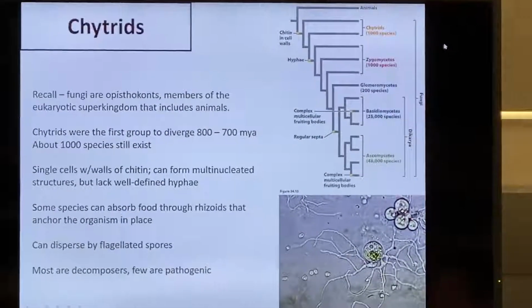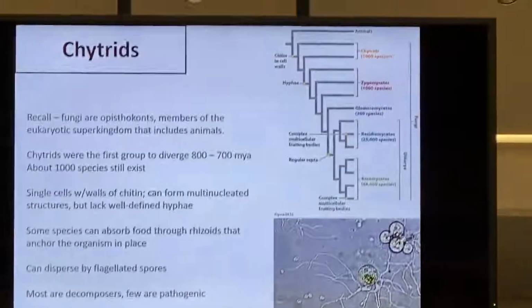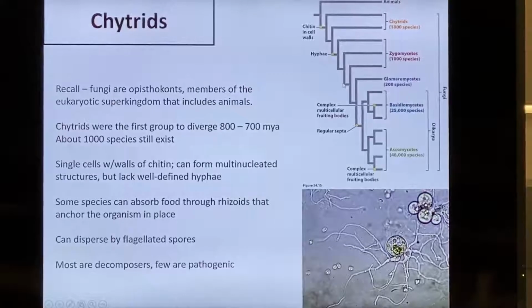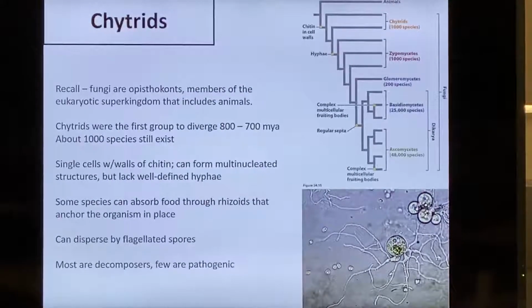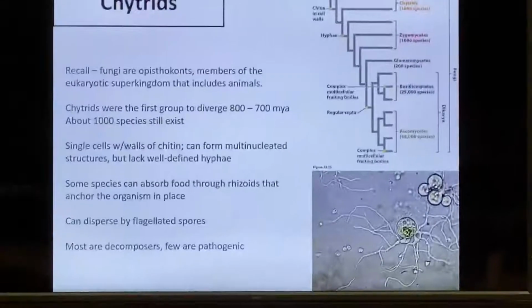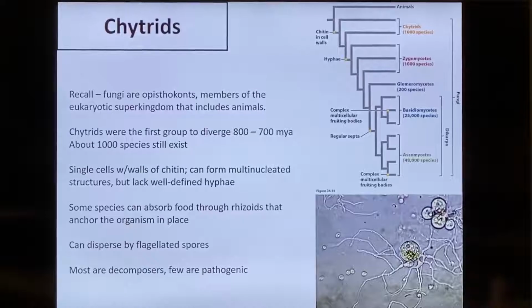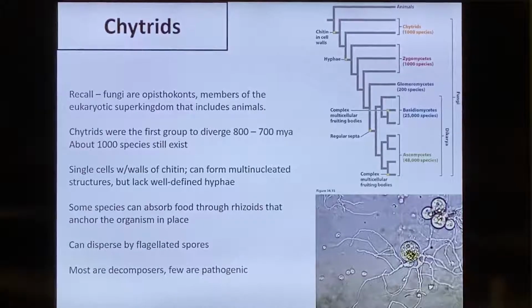Chytrids are mostly single-celled organisms, and they are aquatic. Now some of them will cause problems for fishes. They can grow on the fish and eat them, that little white fuzzy stuff. But one of the things that has caused them to become more important to us in recent years is that they can also infect amphibians. And in the last couple of decades, there's been a collapse in populations of amphibians around the world. Frogs have been dying off. And for a while, people didn't have any idea what was going on. They thought, oh, it's hormones in the water. Well, it turns out the causative agent is chytrids.